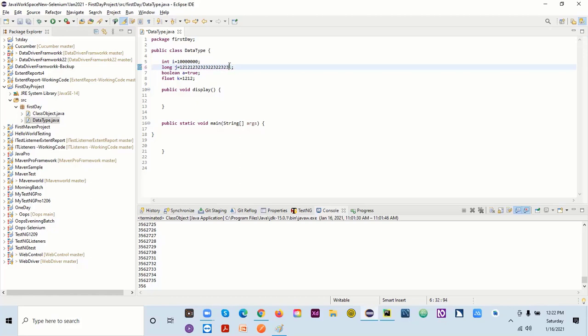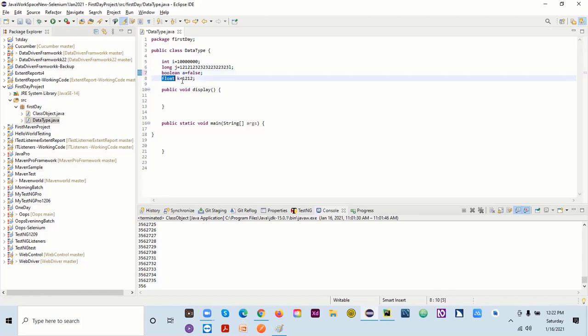Don't worry about it. When it is run, it will check only this part, and it will not consider the L part. Whenever you use this J, it will be for this value. This L is just to mention that we are using a long data type. Same as if you give something else here, it will give you an error, because it can accept only true and false. So this data type will have only true and false.